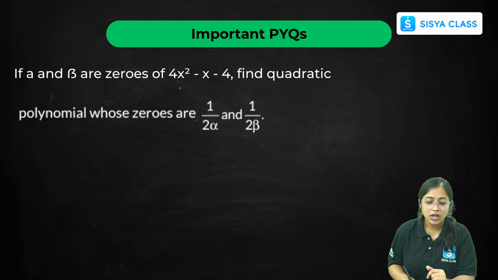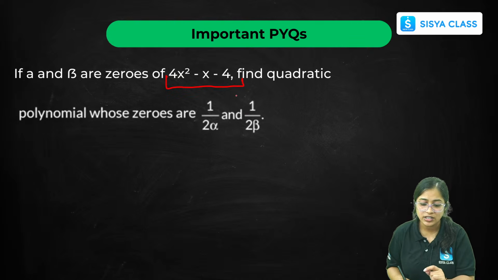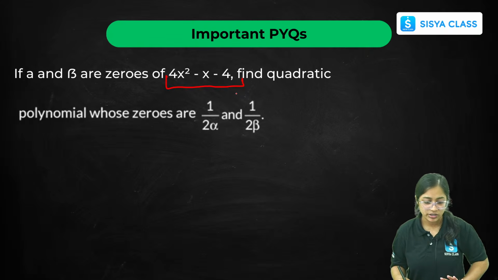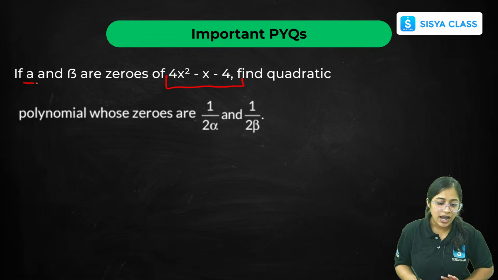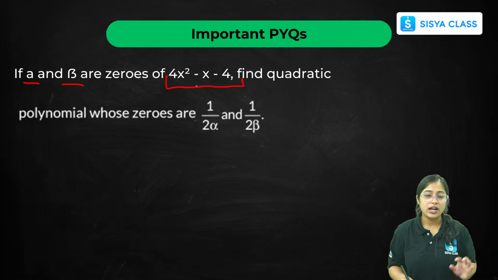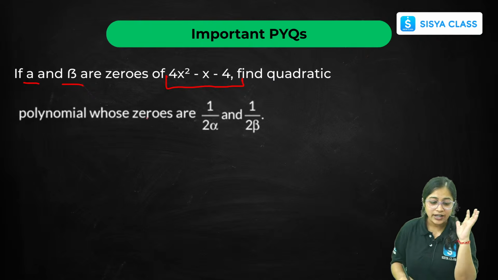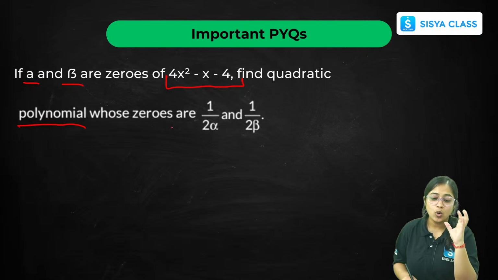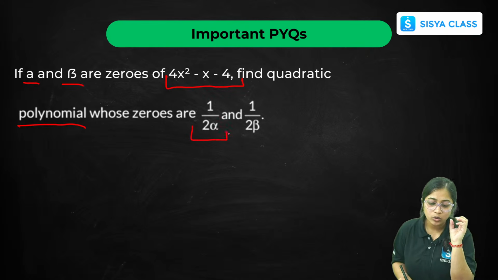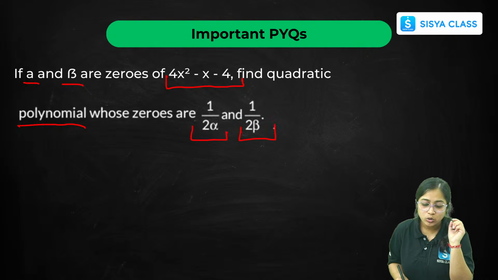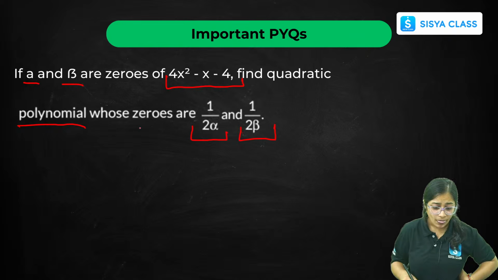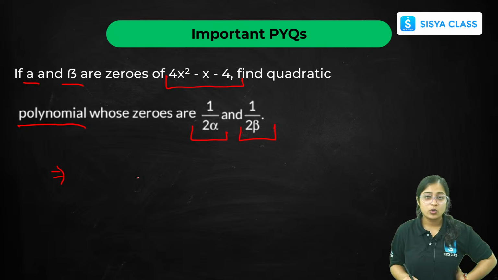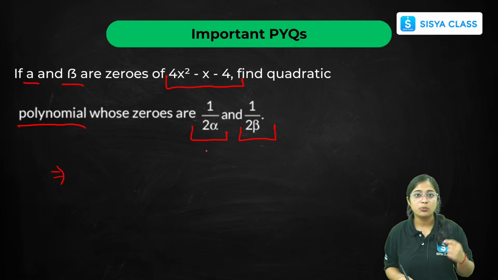So here you have this equation 4x square minus x minus 4, right? You have this quadratic equation, and it is given to you that alpha and beta are the roots of this quadratic equation, right? So find the quadratic polynomial whose roots are 1 upon 2 alpha and 1 upon 2 beta, right? Okay. So now what was that quadratic equation whose root is 1 upon 2 alpha and 1 upon